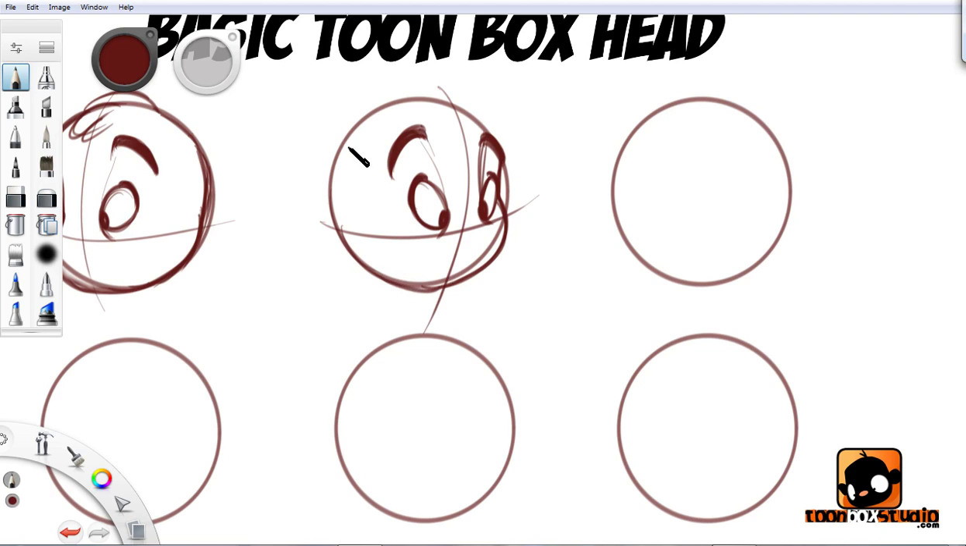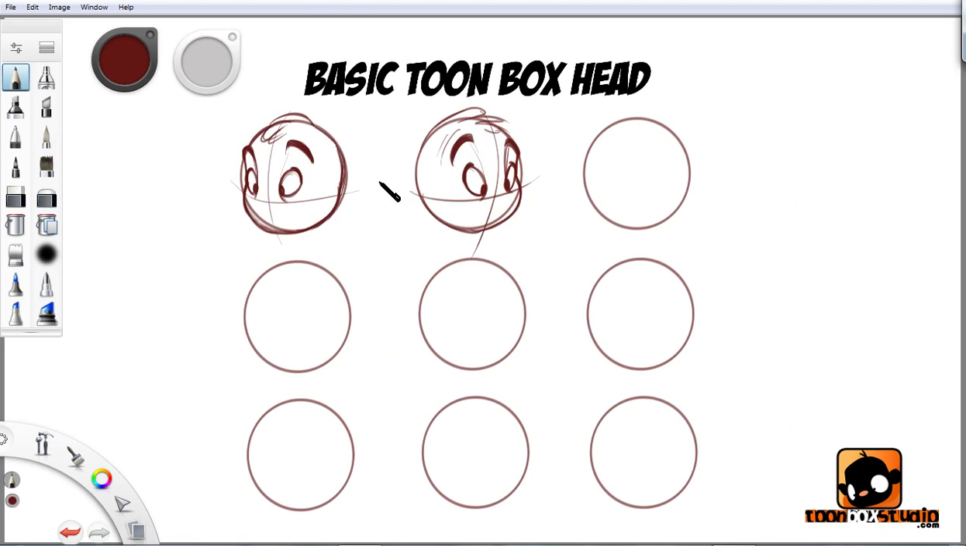And then the cheek going around like this. Hairdo on top. As so. Okay, so this is the basic Toonbox Studio head shape. Okay, you can even add these little lines there to, you know, show that their eyebrows are raised. Okay, so now